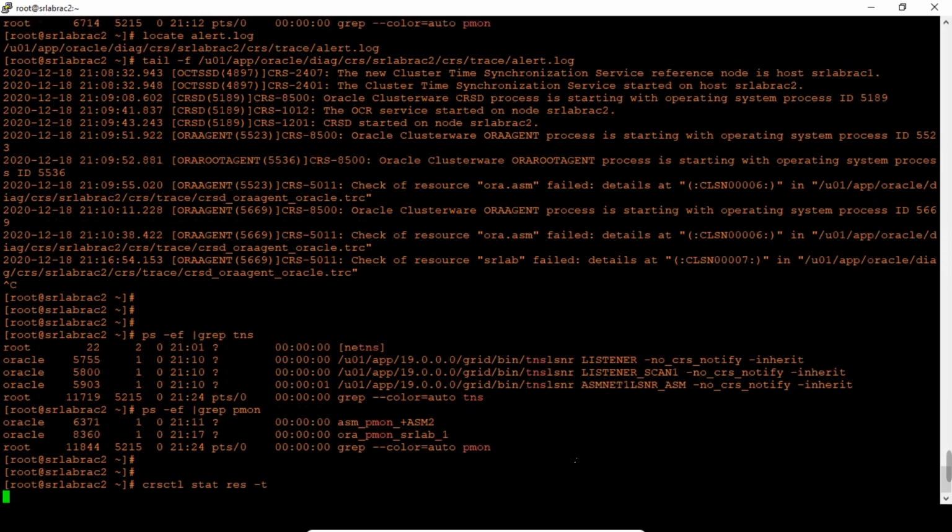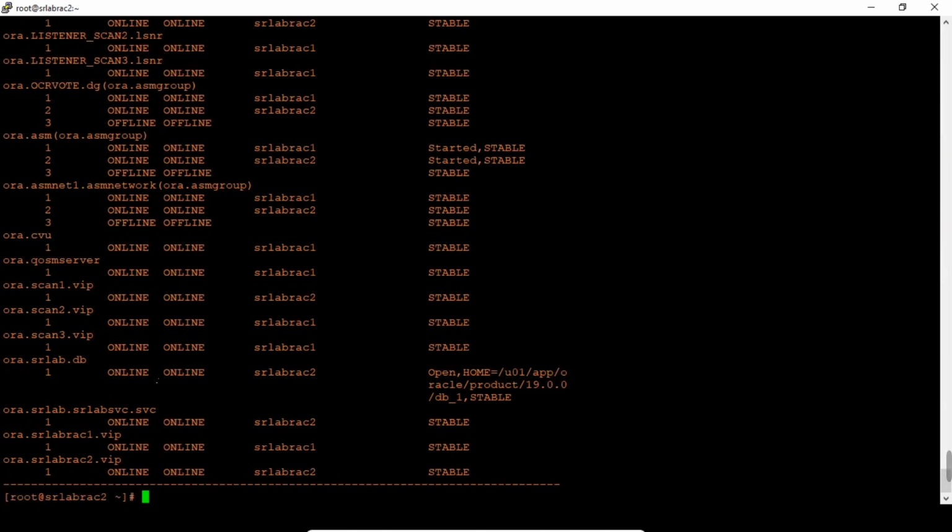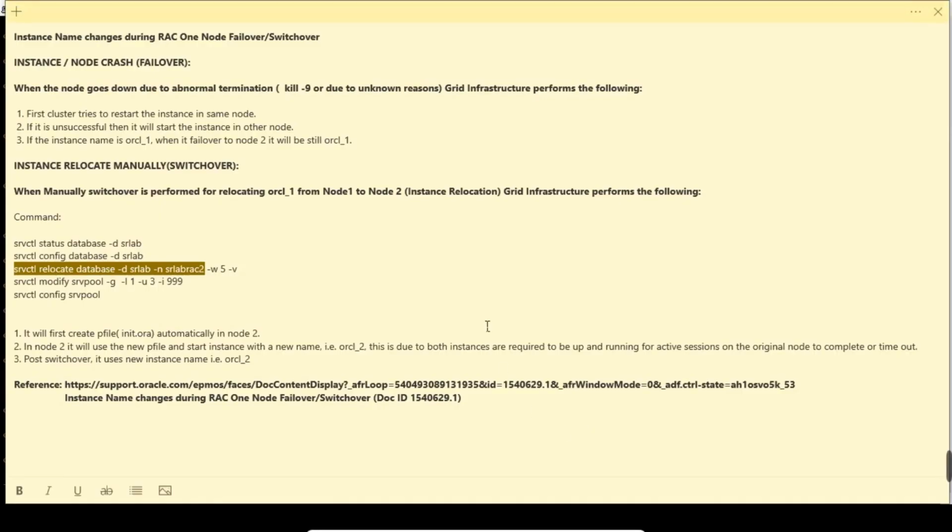It is not available, so unsuccessful, then it starts the instance on the other node. That happened. So if the instance name is SRLab_2, on failover from node 2 to node 1, it will be started as SRLab_2 only. So we have validated all the steps.